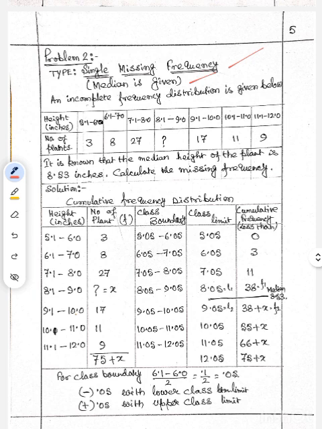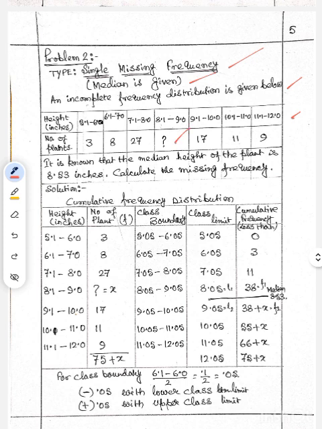An incomplete frequency distribution is given below, with height in inches 5.1 to 6.0, 6.1 to 7.0 and so on, ending at 11.1 to 12.0, and it is the height of plants. The number of plants, that means the frequency, is 3, 8, 27,